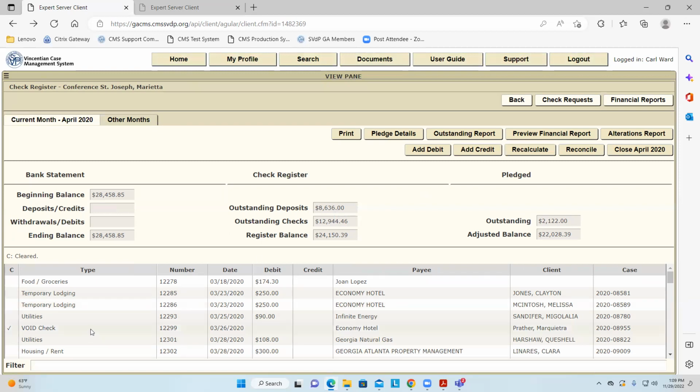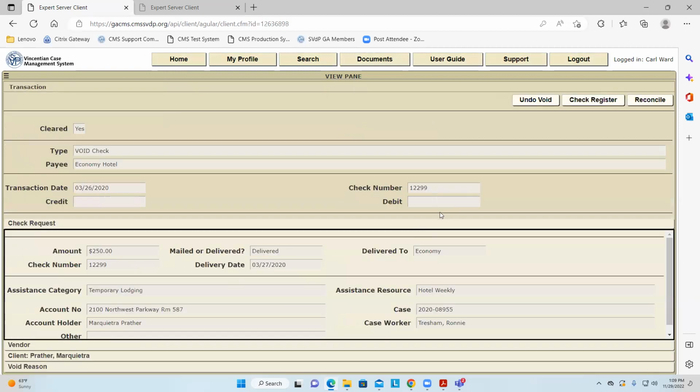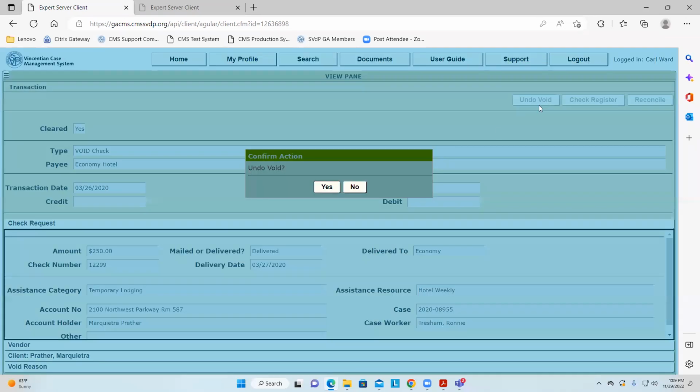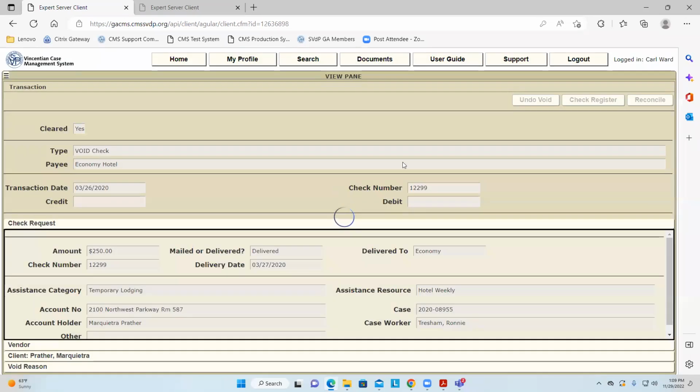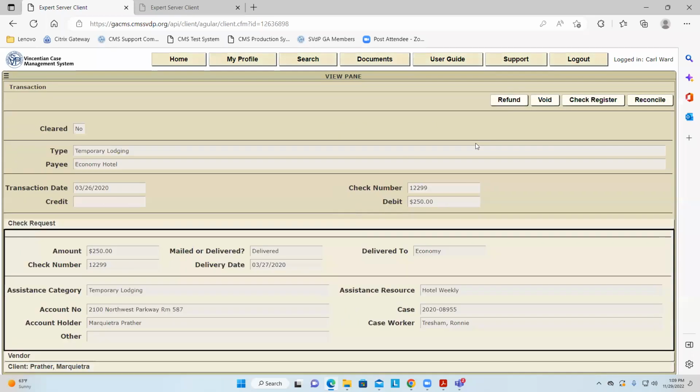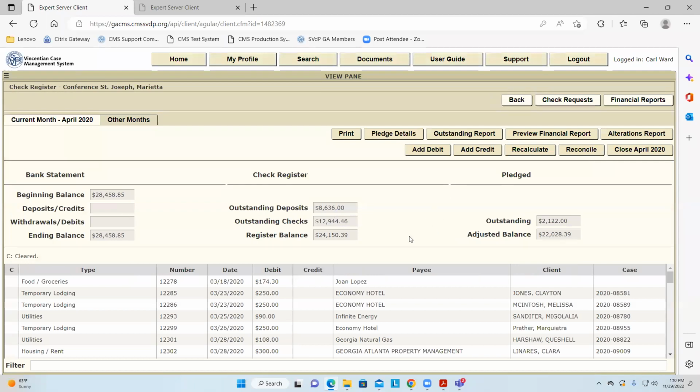In this case, with the void, obviously we wanted to make sure it put money back into our checking account because we voided the check. And now if we click on it, we can undo the void. I'm not sure if it changed the balance or not. Probably didn't. Let's see, 24,150.